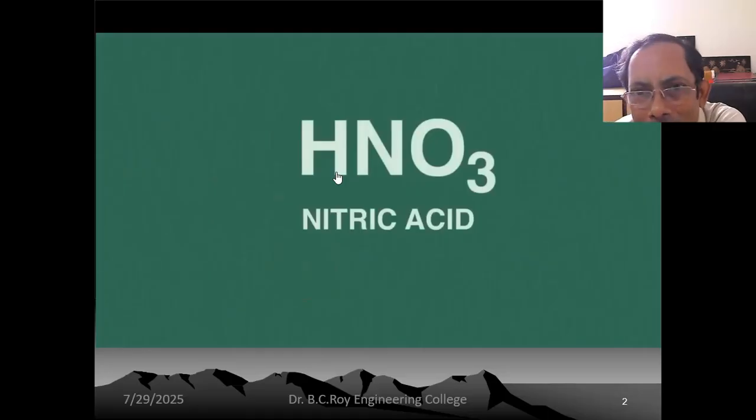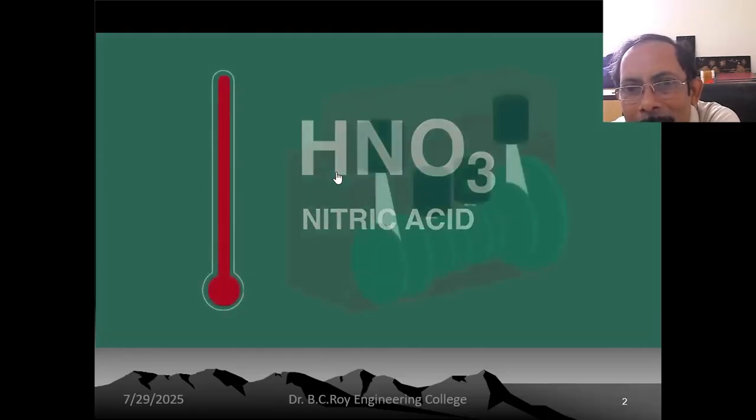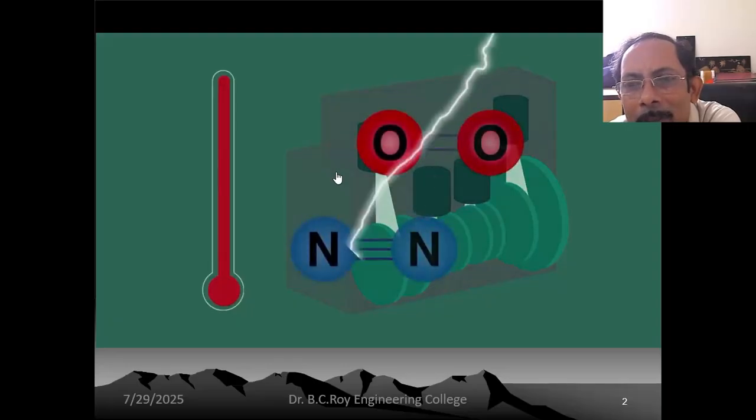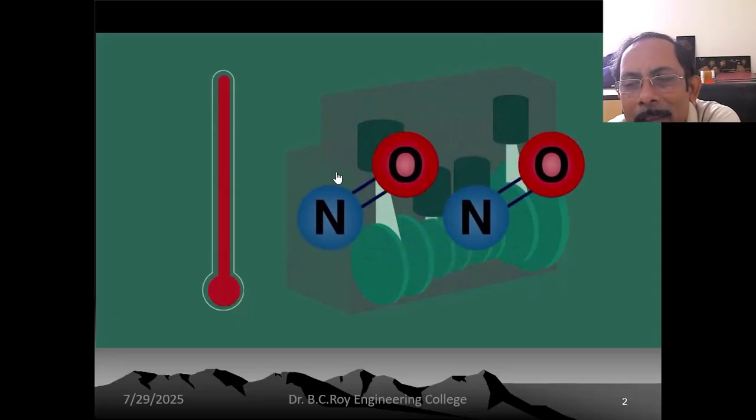Let's now consider how sulfuric acid gets into the rain. Now let's come to the formation of nitric acid. In the high temperature conditions in the cylinders of our motor vehicles, a small amount of nitrogen and oxygen from the air can react. Remember that this nitric oxide is produced from nitrogen and oxygen, and air is 80% nitrogen.